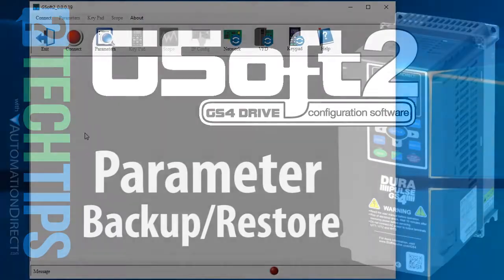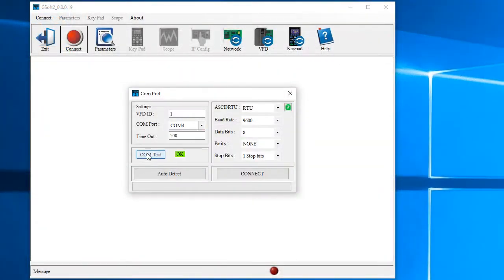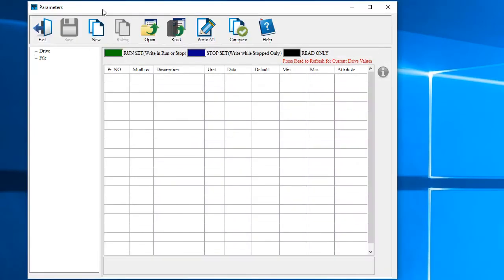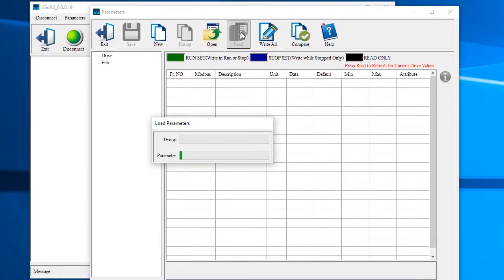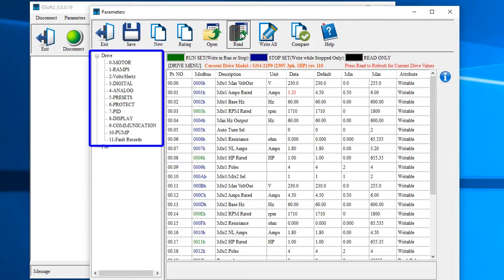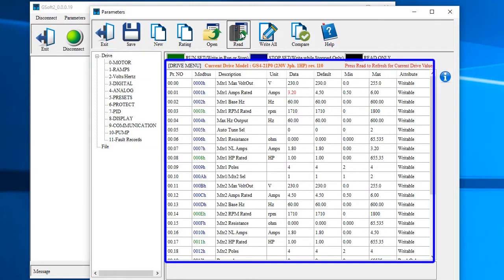Saving and restoring parameters with GSoft2 couldn't be easier. Just connect to the drive like always and go to the Parameters dialog. Click this button to read all of the parameters from the drive. We see the Drive Parameters menu pop up over here, and all of the parameters from the drive fill in